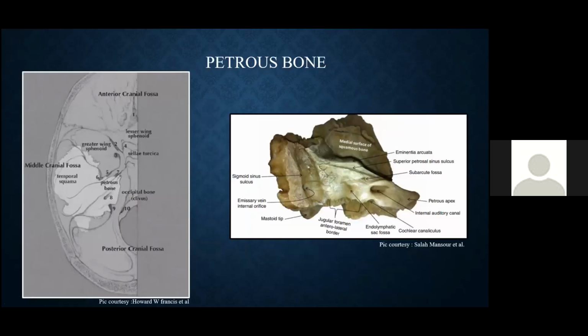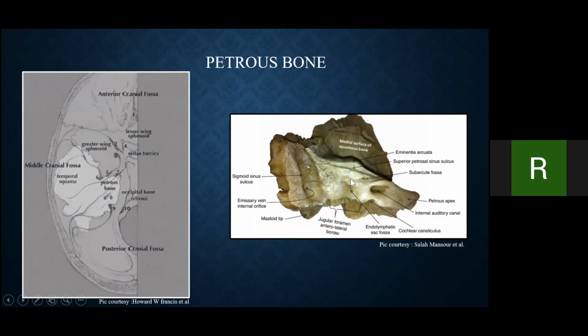Now the petrous bone. Petrous bone is the hardest or the strongest bone of the human skull. It is a pyramid-shaped bone which is present in an anterior medial direction, making an angle of approximately 45 degrees with a transverse axis, and it is angulated between two bones, that is the greater wing of the sphenoid anteriorly and the basi-occiput posteriorly. It has surfaces: the anterior superior surface, the posterior superior surface, and an inferior surface.